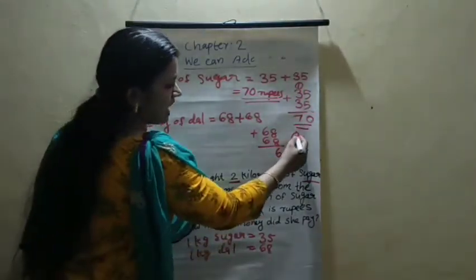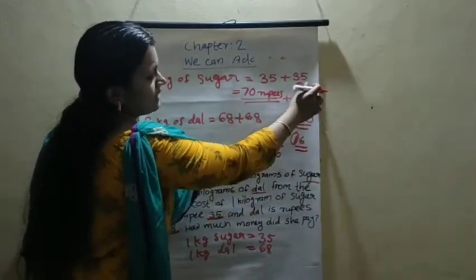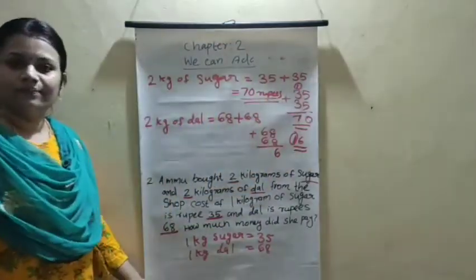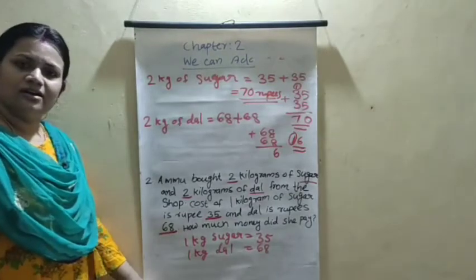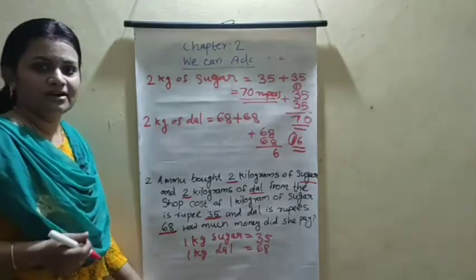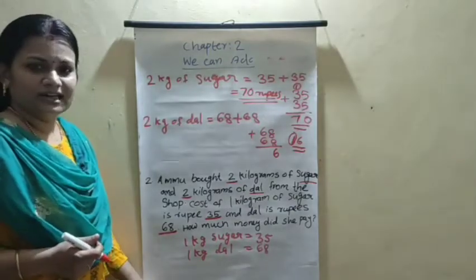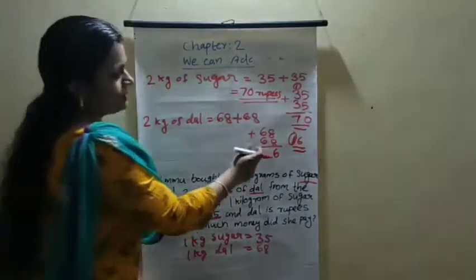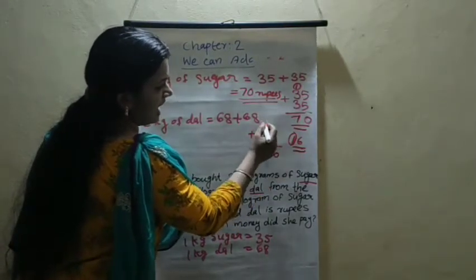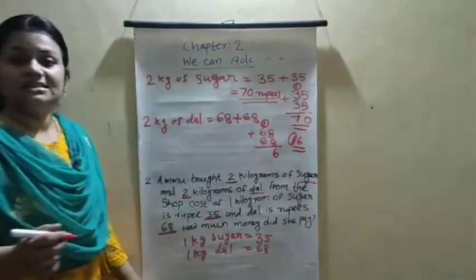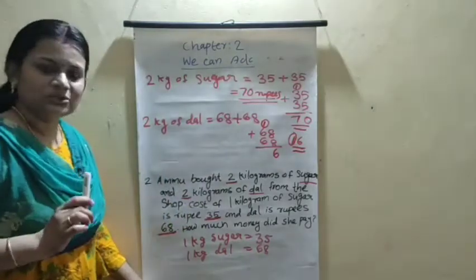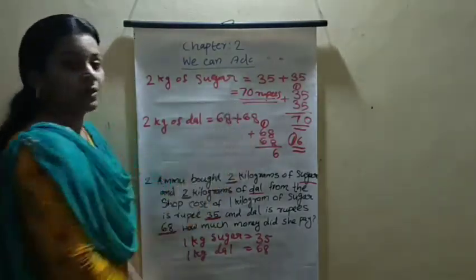Like 5 plus 5 equals 10, 0 is right here and 1 is the carryover. Do you know what carryover is? You heard the word carryover. So 8 plus 8 is 16. 6 is right here, 1 is the carryover. Put the 1 up, this 1 is the carryover. Understood? So 6 plus 6 what?